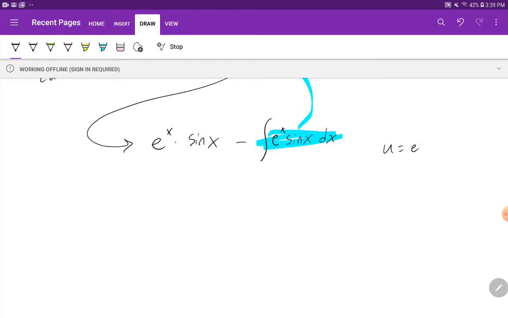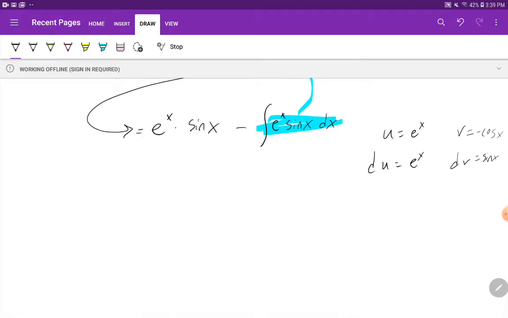I can say u is equal to e to the x again, du is equal to e to the x, dv is sine of x, and then v is negative cosine x, right? So what's going to happen? Well, this first piece we're just going to leave alone. That one just drops down, comes along for the ride, right? e to the x